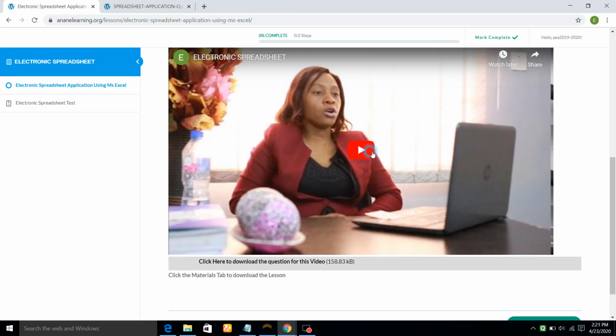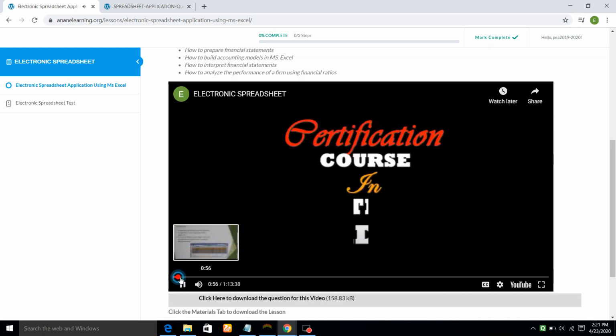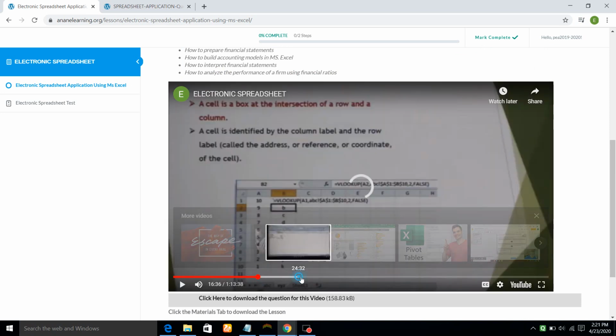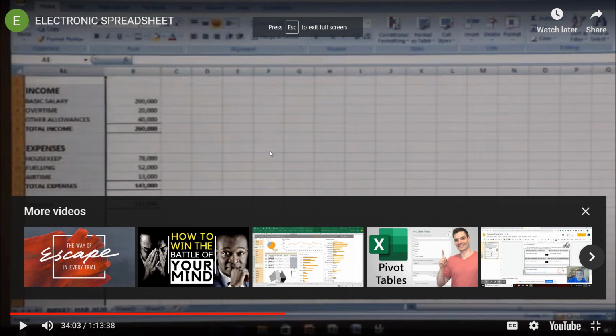So like the other video, this can also be played. Analysis and storage of data. This can be zoomed in full screen. You can go back and forth in each lesson,